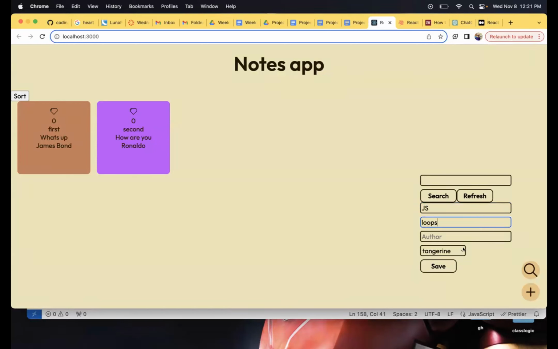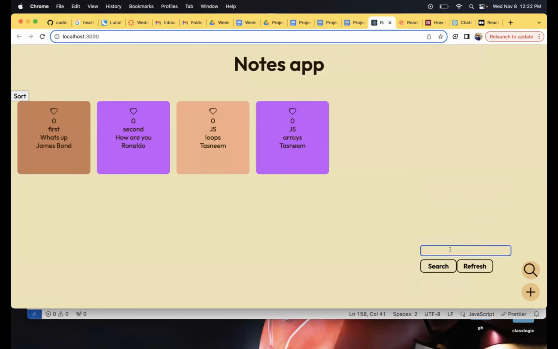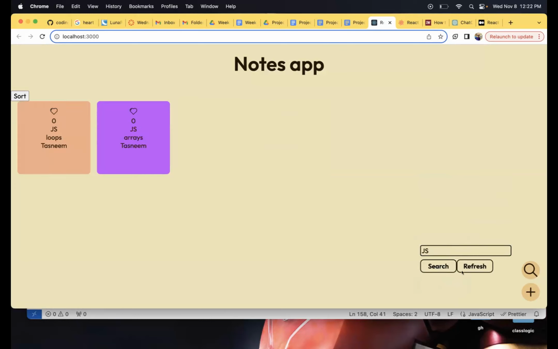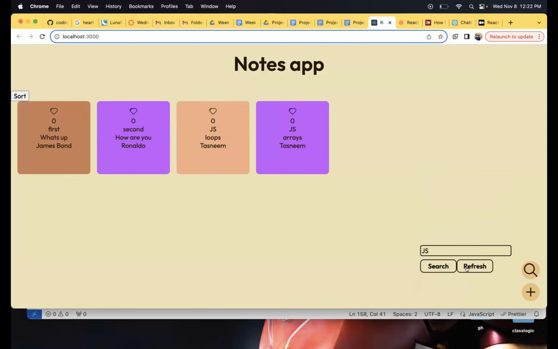Let's write down loops. My name. Save. I'm gonna add more stuff. Let me add arrays. Say, change the color to purple. Save it. Now let me search up JS. Okay, so that works. Let me hit refresh. Everything comes back. So our refresh function is working as well.